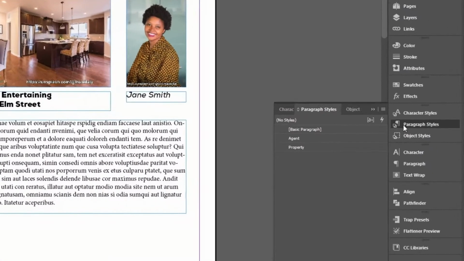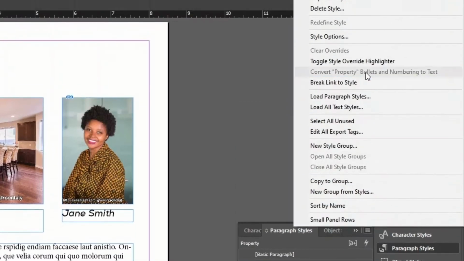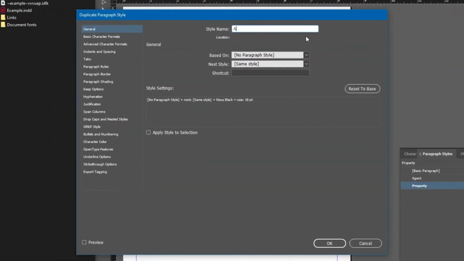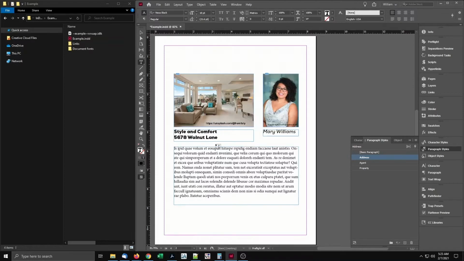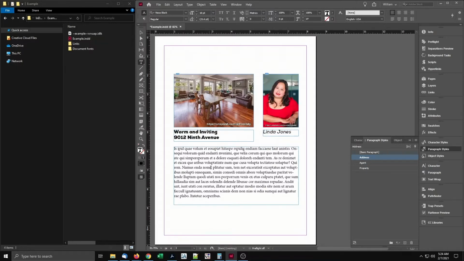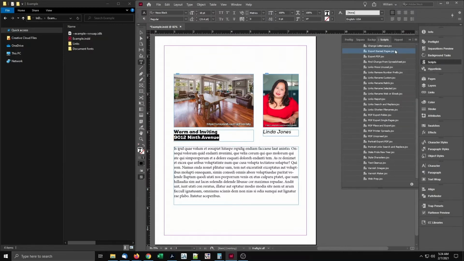Go to the Paragraph Style panel and duplicate the property style. Name it Address and base it on the property style. That way, if the property style is altered, this one always follows the same format. Nothing else about the style settings need to change. In this case, we'll now have to update every instance of the address to use this new style. So keep this in mind when setting up the layout to begin with. To save time, know what you want for file name when you start. Now run the script and use the address style. And there it is.